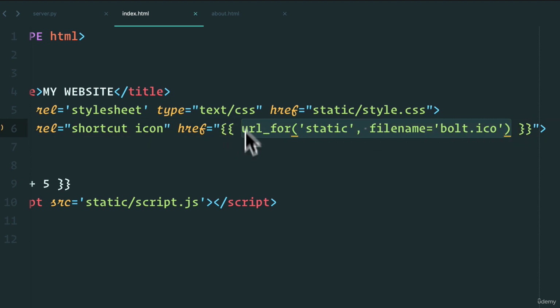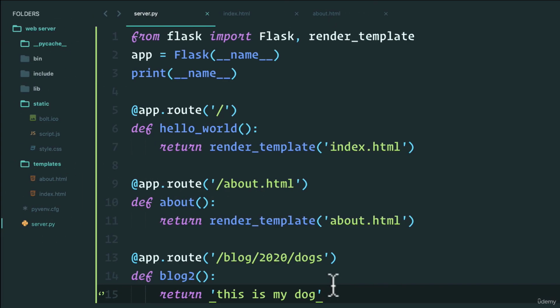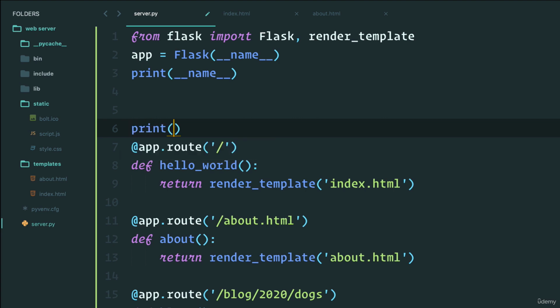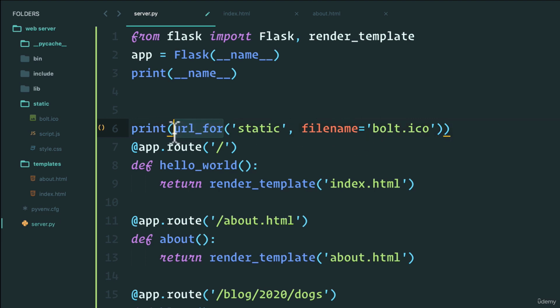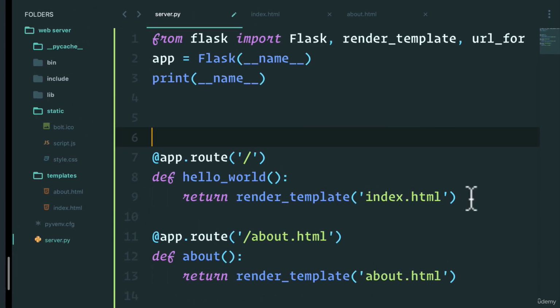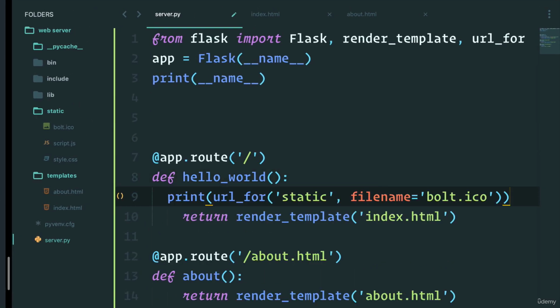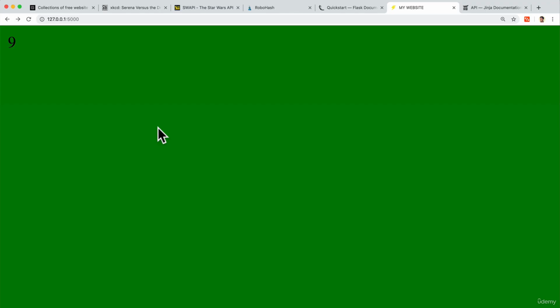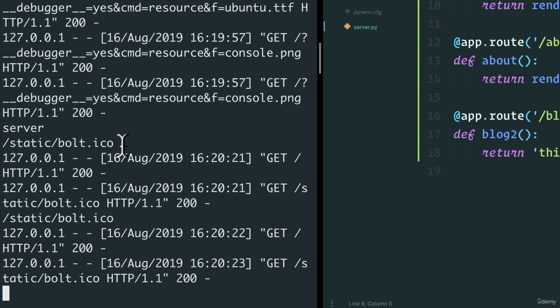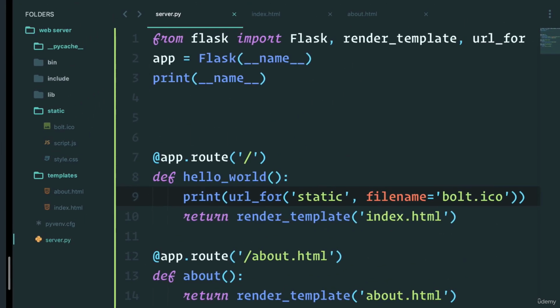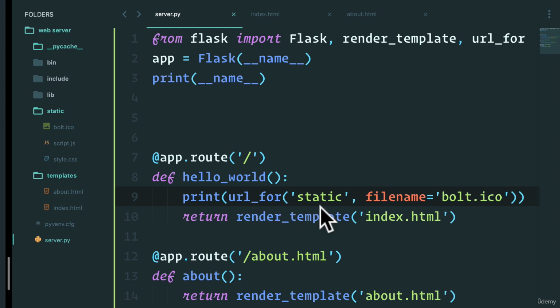So if I copy this and I go to server.py, and in here, let's just do a print and paste this in. That is the exact same thing that we added to our HTML, except for we now need the URL for that comes with Flask. Let's move this here actually, inside of the route. If I refresh, I see over here that I get static bolt.ico. So it's printing the actual URL